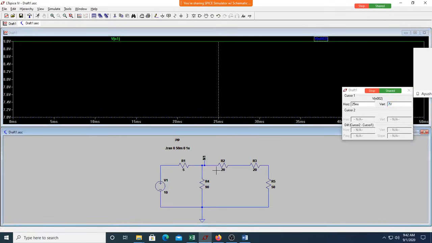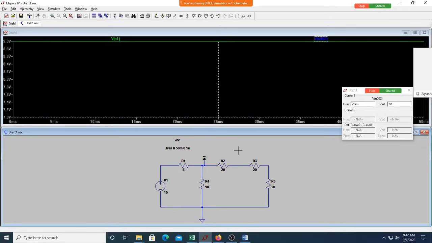So you have to be very careful while measuring the voltages. If you want to measure the differential voltage, hold the left button of your mouse and then place the other probe over here. It will measure this voltage, and you cannot place it anywhere else. Can you see now? This is not black. Only when you go to that particular terminal, it becomes black. Can you make out that blackish? Yes. You cannot place it here.